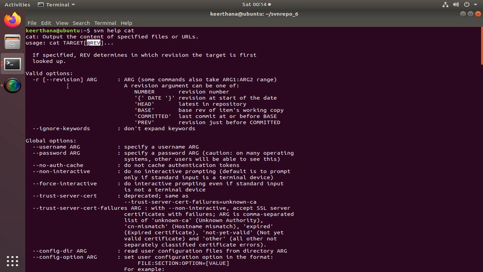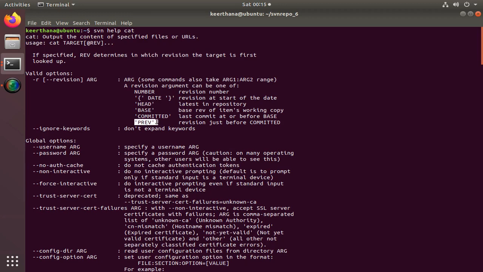When you are specifying the revision, you can either use a number. The number is nothing but the revision number. In the previous example, we used 5, 7 and so on. Or you can specify the date of the revision you modified, or you can use HEAD for the latest version in the repository, or if you want the previous one, you can use PREV.